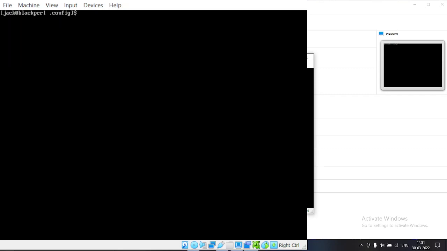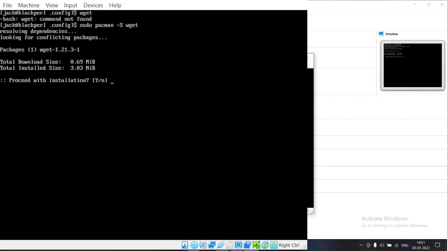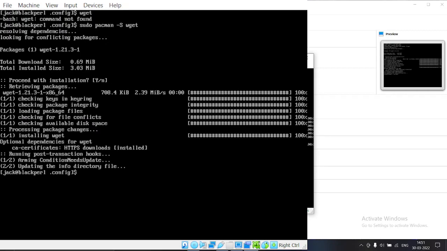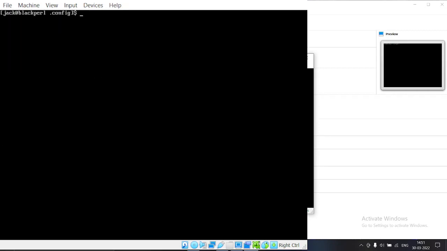Okay, so what we are going to use here is called the wget command. Wget, you can further look upon it. I will also be sharing the links related to that. Wget is a simple command that helps us to download files from the web. So let me just check if I have wget or not. It says wget not found. I can simply install it using pacman -S wget, and since we are not root, we'll have to use sudo. And yes, so we must be having wget now.